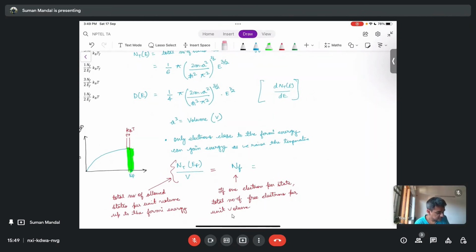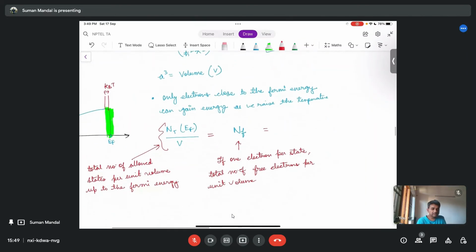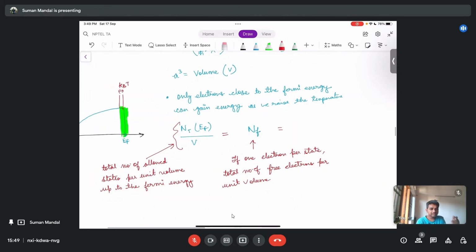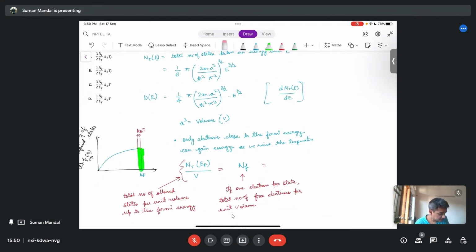Okay, now it's clear. If the number of electrons per state changes, then there will be a factor here. If it's 2 electrons per state, then it will be 2 here. And if it's Z, then Z here. So we just divide that by a cube, and it becomes